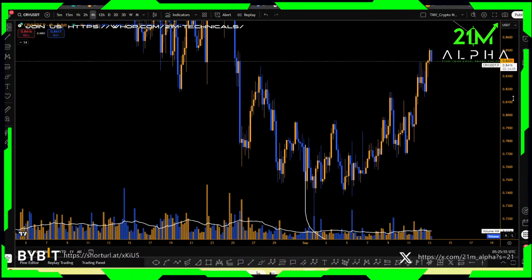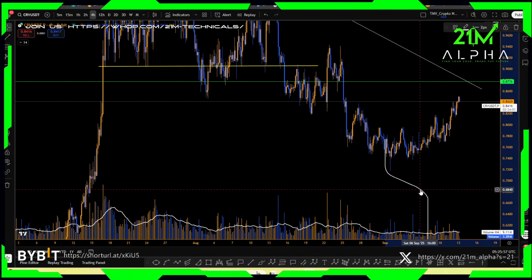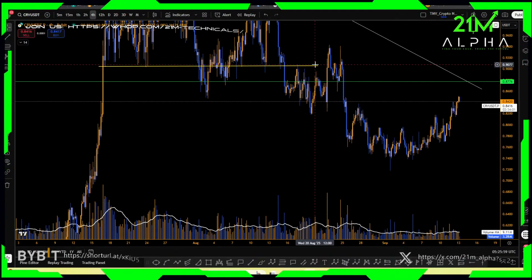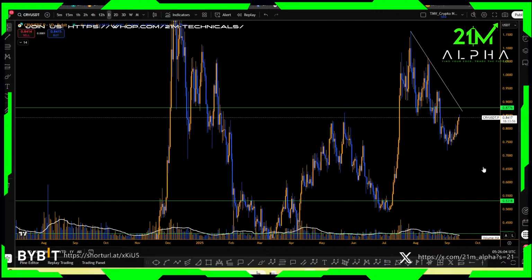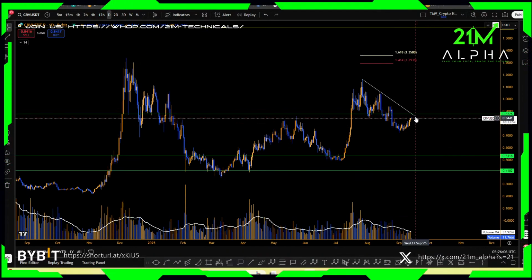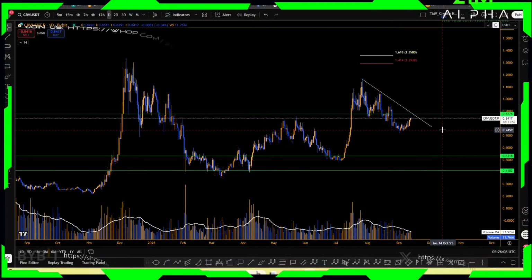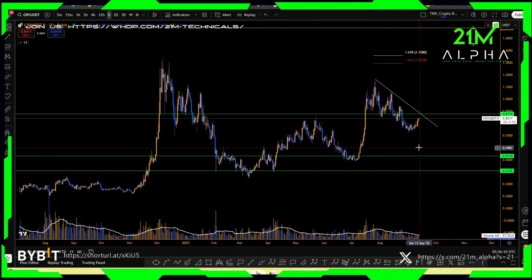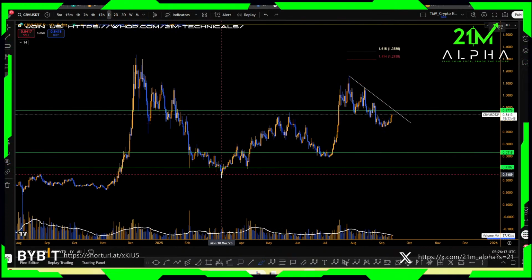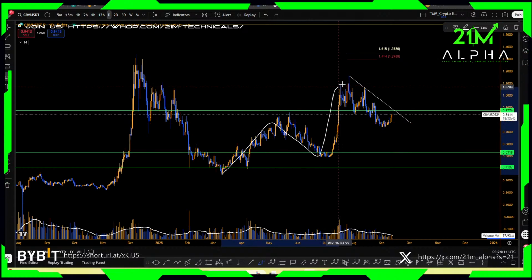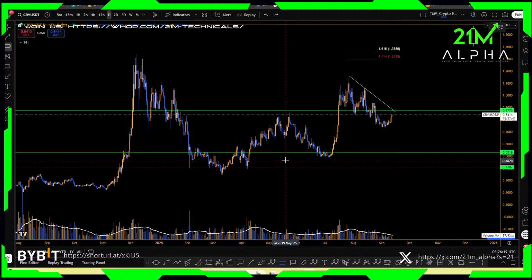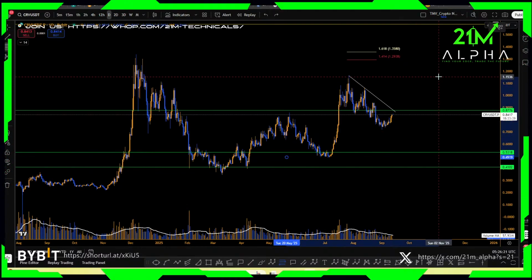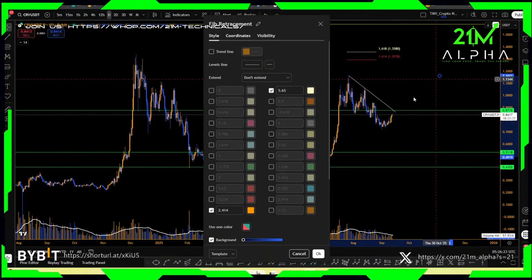CRV, let's have a look at CRV as well. CRV basically is still not have flipped the range lows, and hence I would just say just stay out of it at the point. But we haven't even broke out of this trend line. It's forming a very solid bull flag. Now this can be either 1 2 1 2. It's very bullish. Normally wave 2 don't go under 786 Fibonacci levels. I haven't seen any wave 2 going under 786 Fibonacci levels, meaning